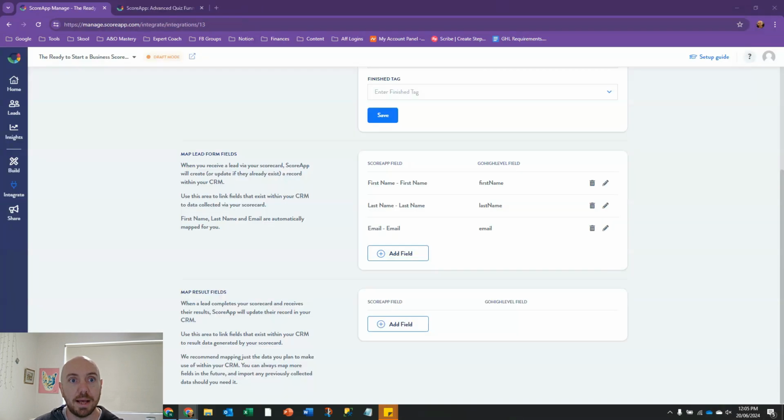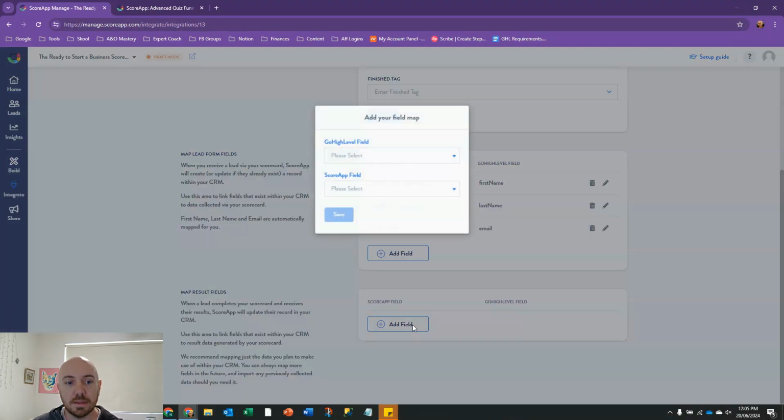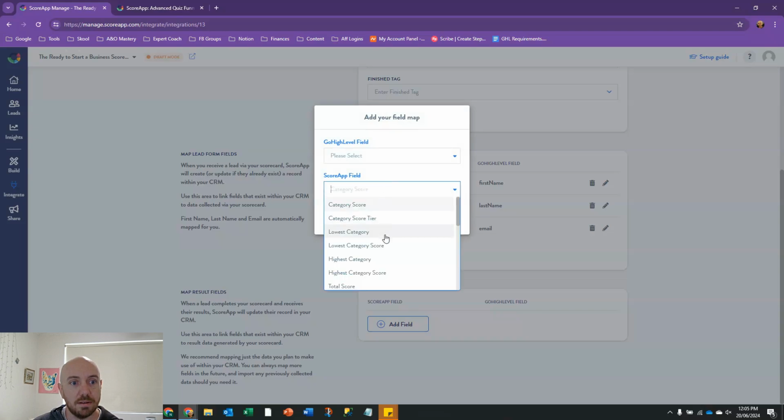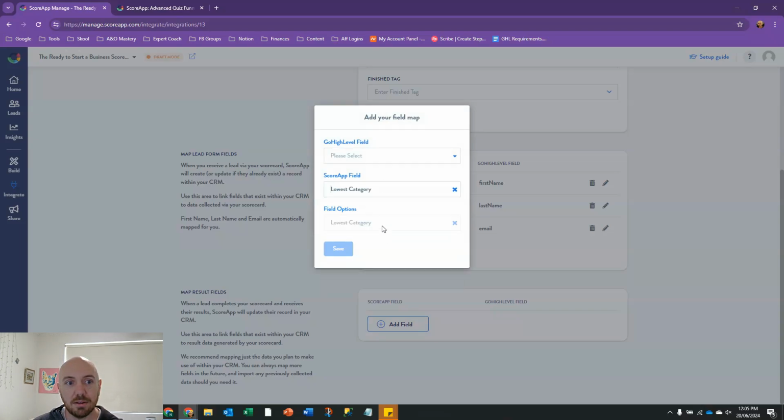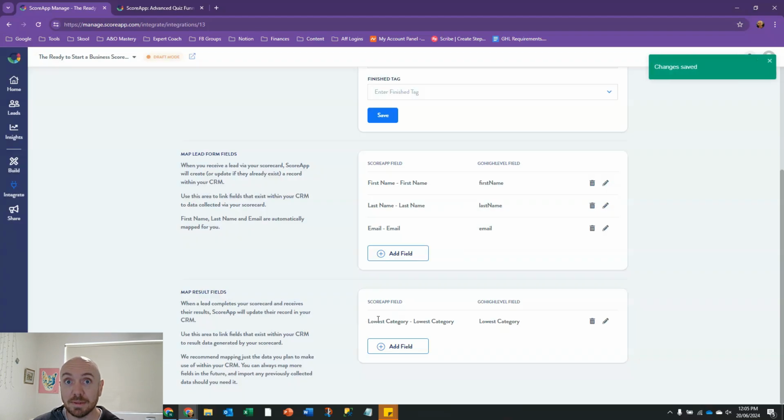So now if we look back here, maybe we need to refresh. So let's have a look at the lowest category field. So lowest category here, I want to put that in my new lowest category field. So that's now mapped. It also maps historically as well. So if you've had a bunch of people come through without something like that set up, it will go back